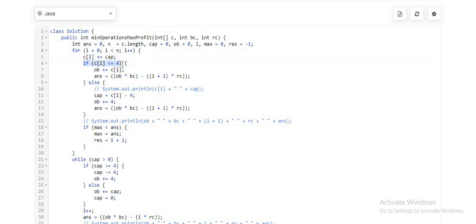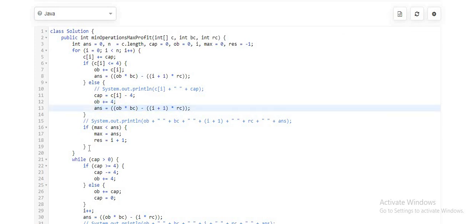First I check if the people going to onboard are lesser than or equal to 4, then I can directly onboard those people. And I can perform this operation, that is onboarded into the boarding cost minus the index value into the running cost. Index value stands for the shift operation or the wheel shifting operation. If that value is greater than 4, then I have to keep it as a capacity. This capacity will get added to the next customer slot. So I will just discard the 4 and add those 4 to my onboarding capacity, and perform the same operation again.